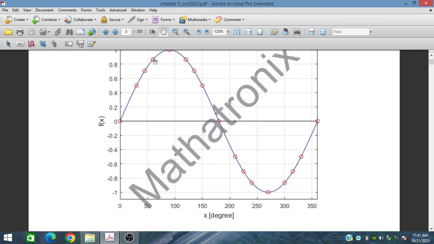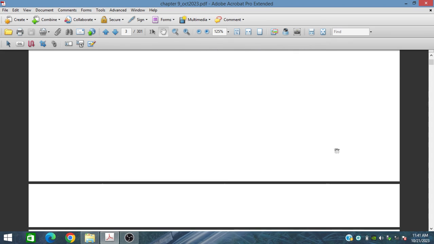This is 60 degree. 180 minus 60 degree is 120 degree. 180 minus 135 is 45. 180 minus 150 is 30 degree. So this is the simple sine plot, and at this degree similarly we will plot this in the reverse direction like this. So this is simple. So if we plot